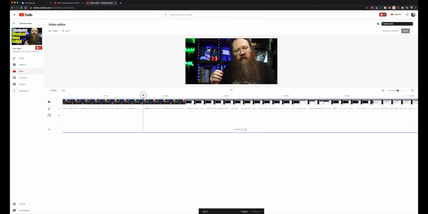So I'll bring the playhead back to there, and what I'm going to do is hit the split key, which is right down the bottom here. I don't know why they put it right down the bottom. It's in a bit of an annoying place, and I'll hit the split key there, and it makes a dark blue line. I'm going to come before that piece of sound wave, and you can see here that bit where I was talking. I'll just play that back again